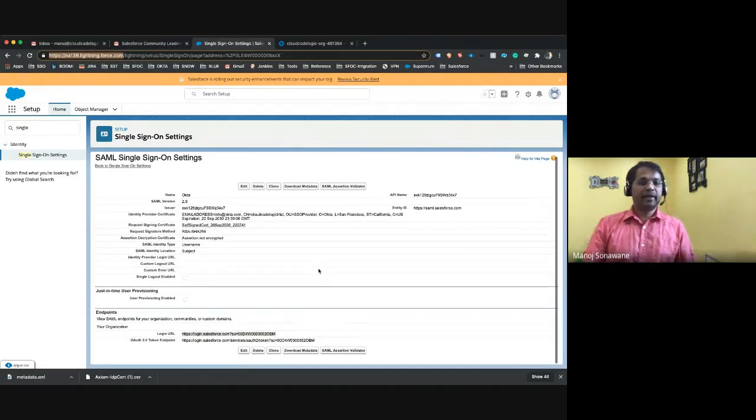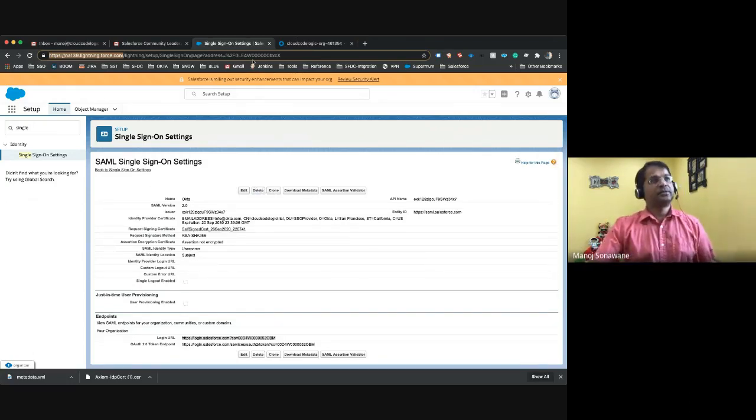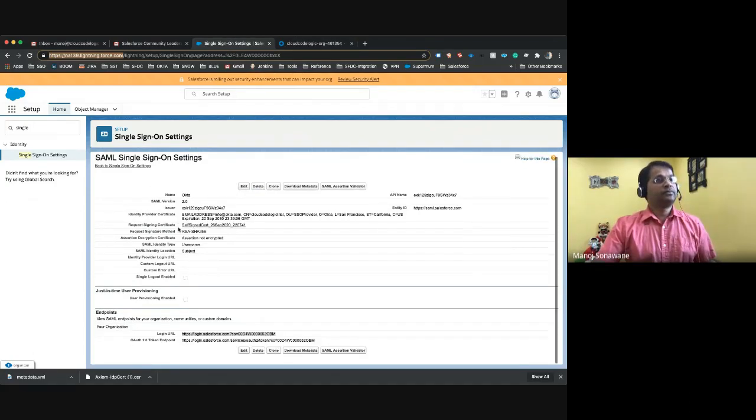Mainly for the mobile app users, you don't know how to do single sign-on. So for mobile app users, you need to go to the custom domain, you put your domain, and as soon as you put the domain, it will trigger a single sign-on option, can be Okta or your IDP, and then you can use the same mechanism there also. That's a question that comes up a lot: what happens with the mobile apps and all those things. So let me see whether the domain is